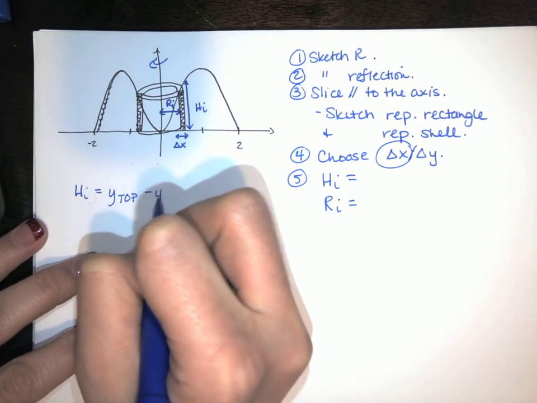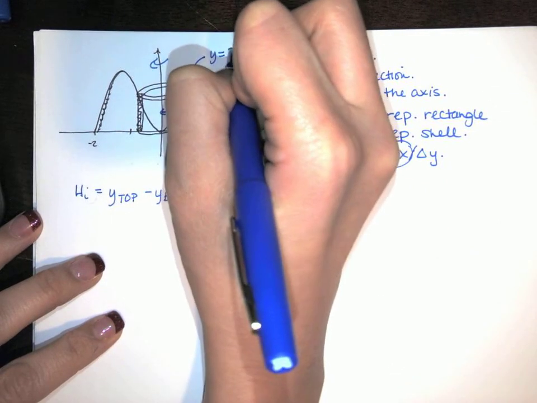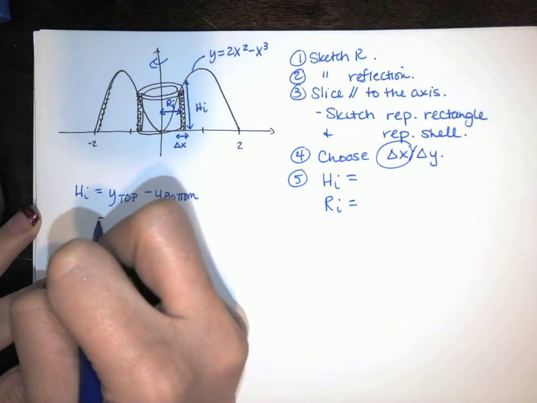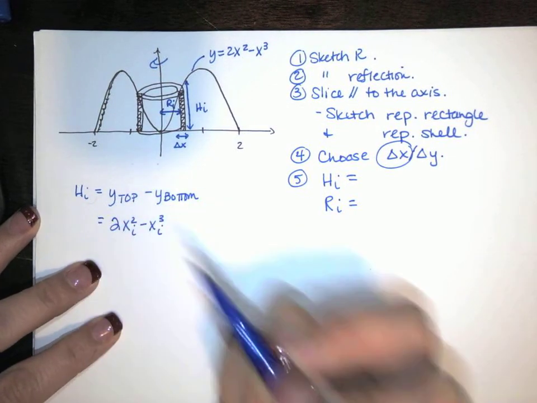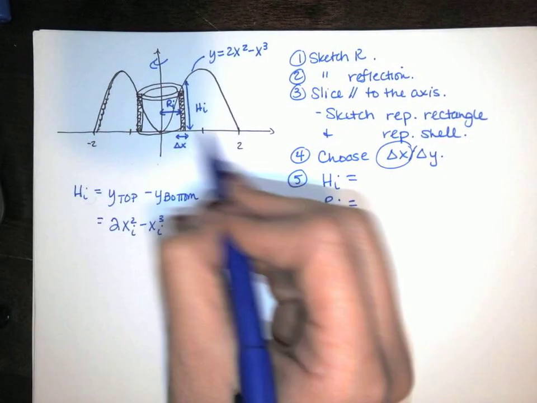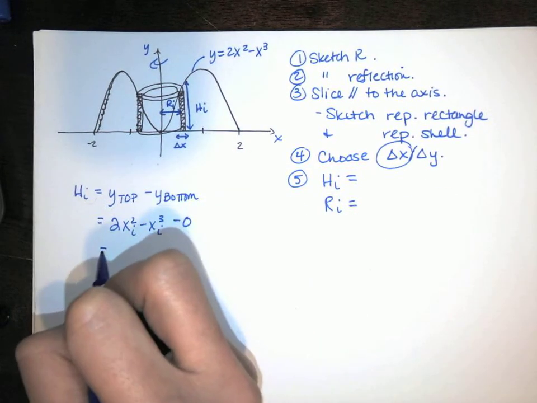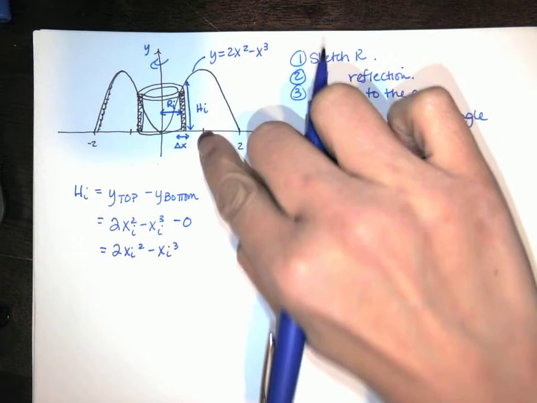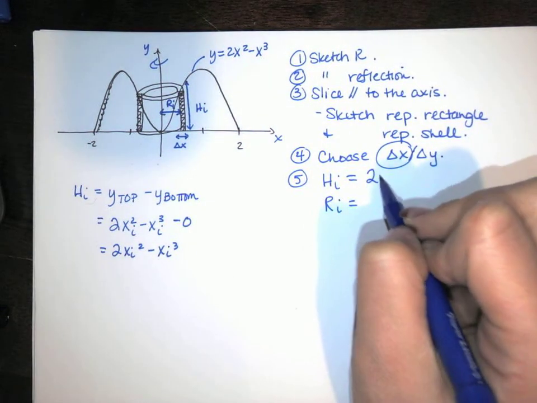I need the top y value minus the bottom y value. Well, y was given by this equation. It was 2x squared minus x cubed from earlier. We're talking about the ith subinterval, so we're going to pick an x value there. We'll call it x sub i. The bottom y value, that's on the x-axis. So that's y equals 0 down here. So it turns out to just be the function this time. It's not always the function. It's always that distance there. Okay, so we've got our height as a function of x,